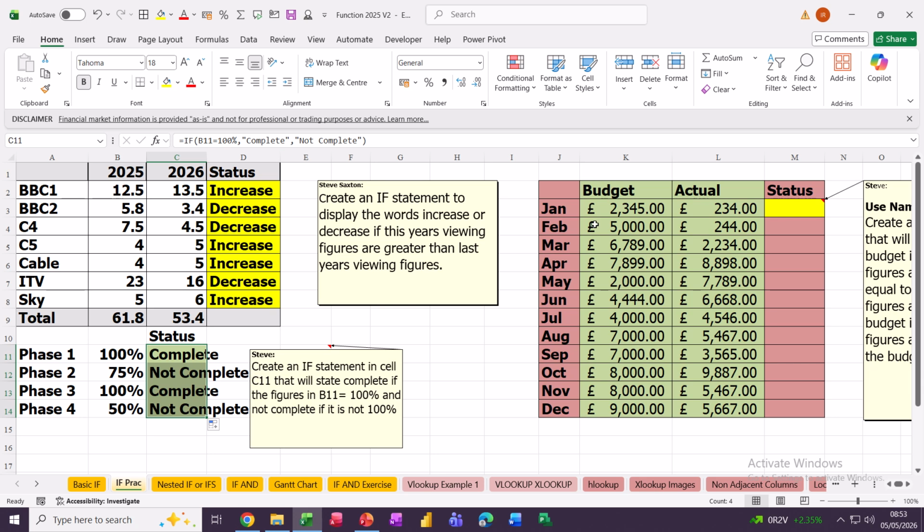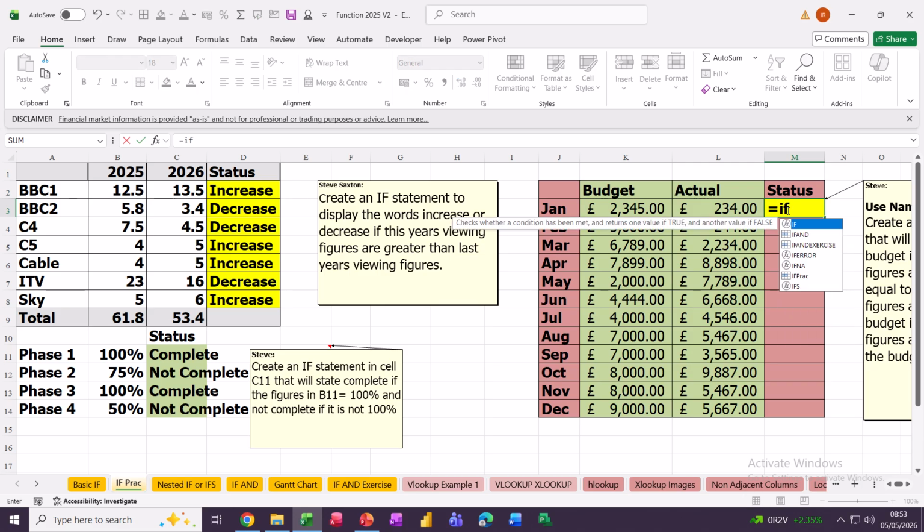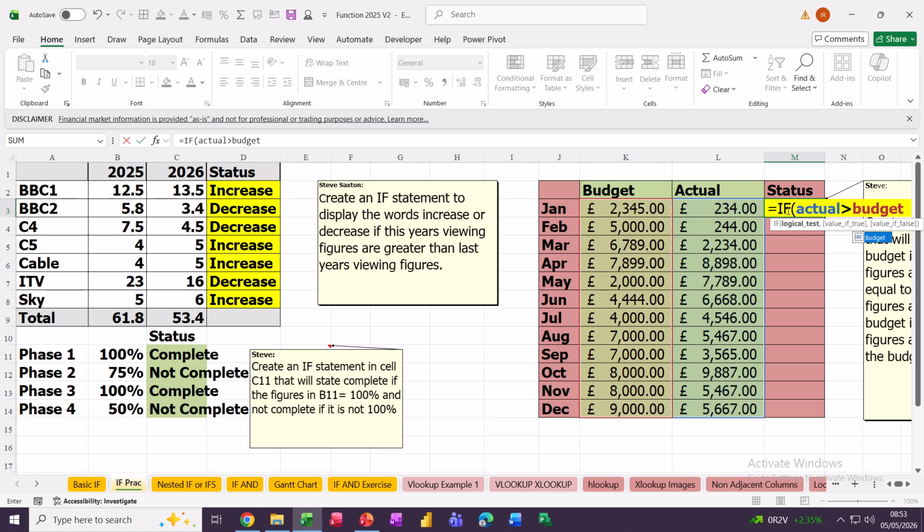This last example, I've named these two columns budget, that's called budget, and this one is called actual. So what I want to happen in this one, if actual is greater than budget, they are over budget. So equals IF, pressing the tab key, so if actual is greater than budget, that's the test, comma,